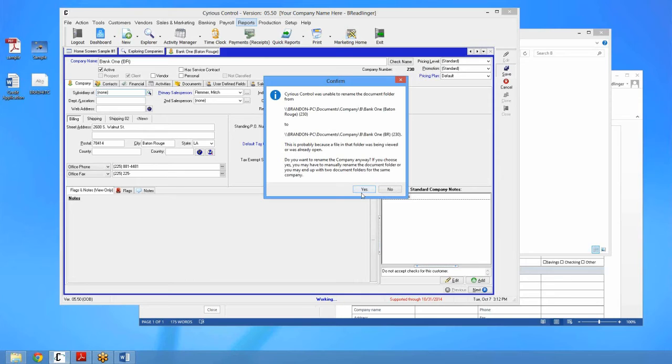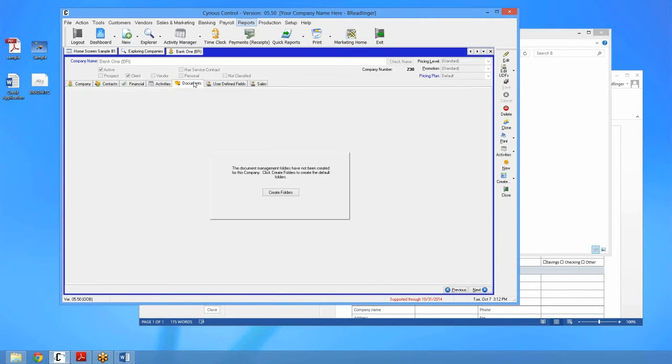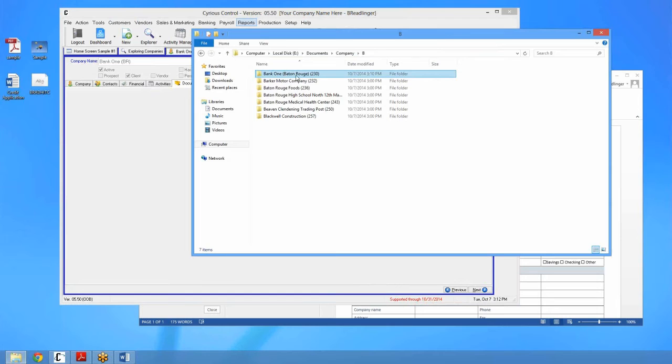If you choose yes, it's going to go forward and rename this company, but the folder that was previously there, where all those documents are, is not going to be renamed. So you're going to have to manually go back and correct that. I'm going to choose yes, and what we'll see when I come to the Documents tab is it doesn't have a folder anymore, because there is no Bank One BR in here with this account number, and that's because I've